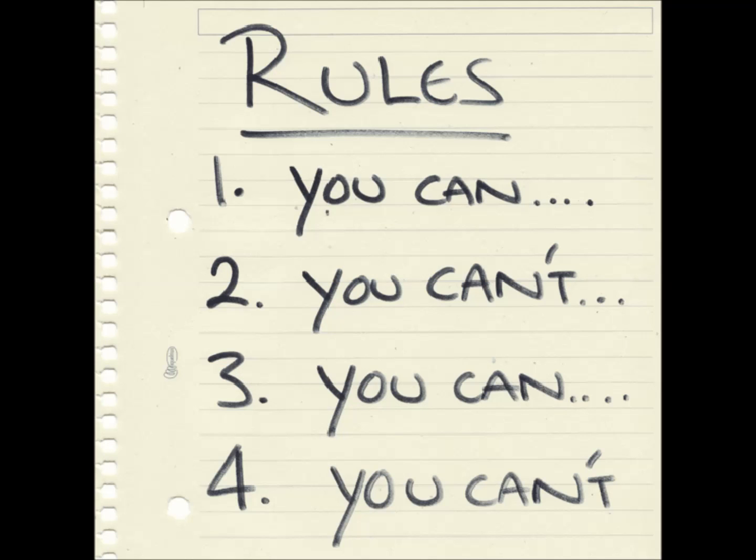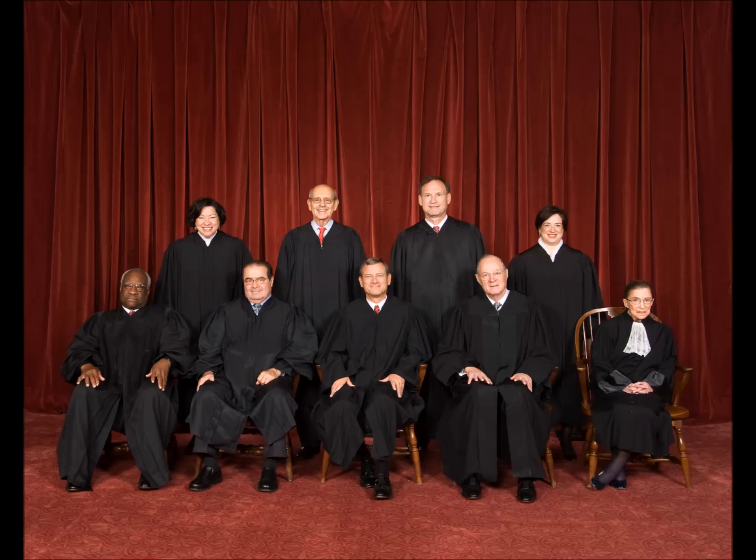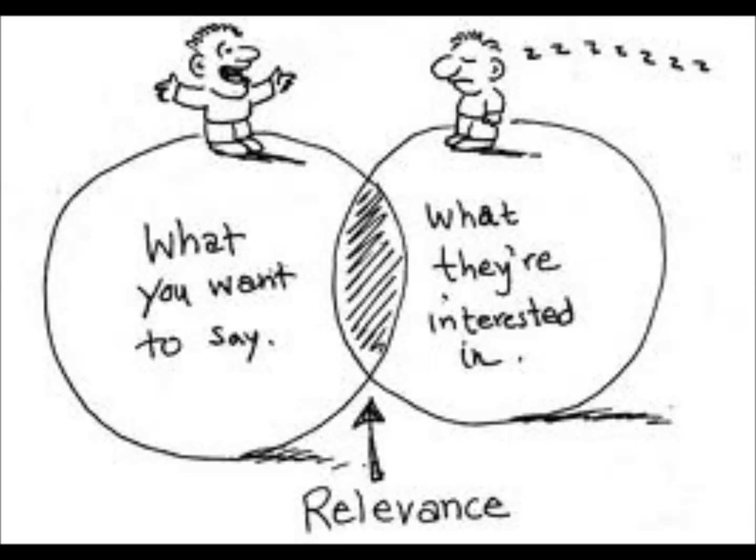Although the briefs may sound simple, there are a few rules that must be followed. The Supreme Court of the United States has special rules for amicus curiae briefs, covered generally by Supreme Court Rule number 37. The rule states, in part, such a brief should cover relevant matter not dealt with by the parties which may be of considerable help.